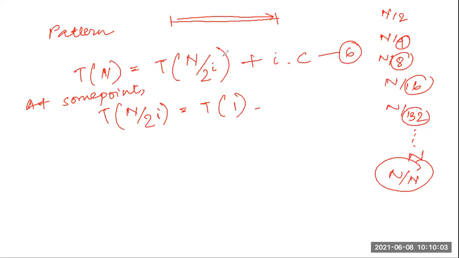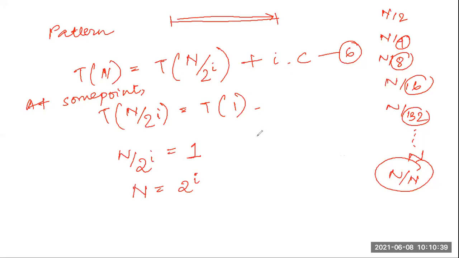We always assume, these are assumptions. Discrete mathematics. We will assume this. A time will come when it will diminish, that is, we are left with only one element to search, since it is the worst case. So T of n by 2 to the power i becomes T of 1. That means n by 2 to the power i is equal to 1. That means our n is equal to 2 to the power i, which you just said, 2 to the power i becomes n, right?